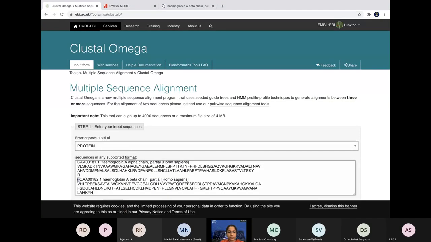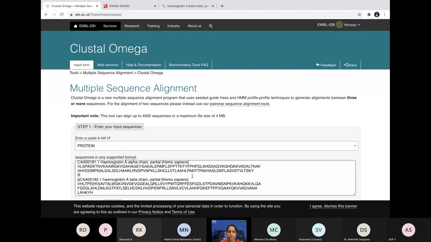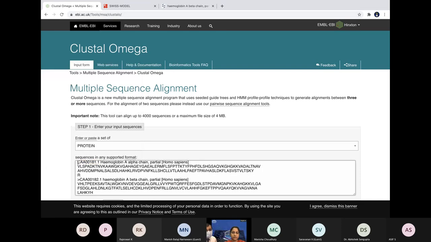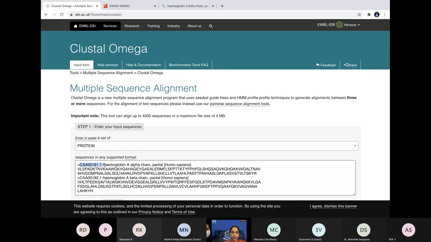Okay, all right. I need to delete this part and just add one. I just have to scroll down.